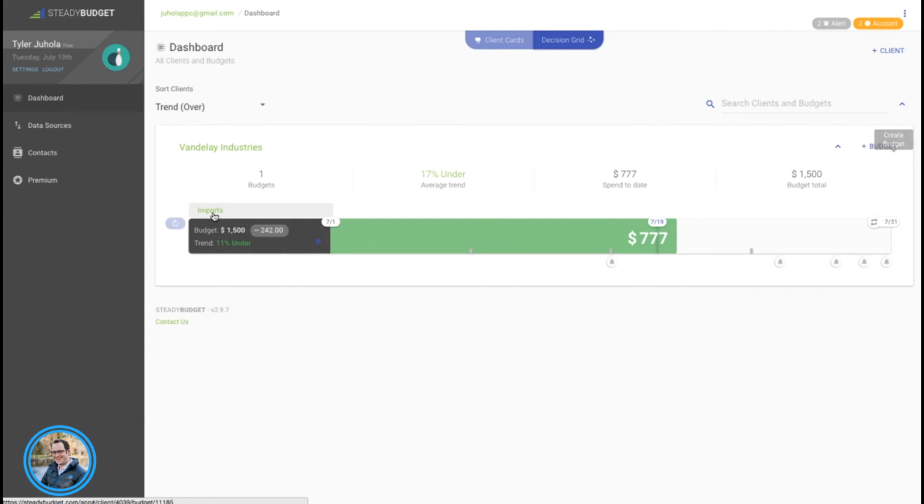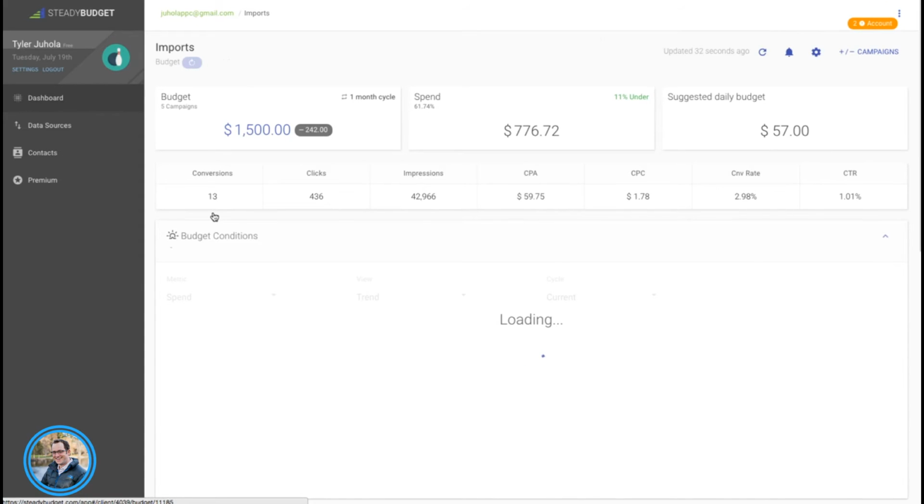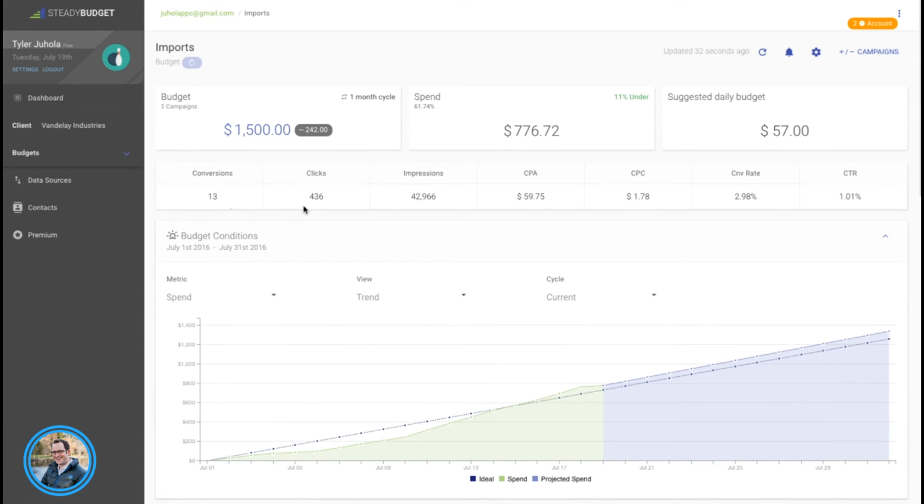Now I'm going to click into the budget so you can actually see the screen itself and show you some of the other graphs and metrics that we provide on this screen. Clearly we have the budget amount plus or minus that rollover. We've got the spend amount, $776.72, and then we provide a suggested daily budget